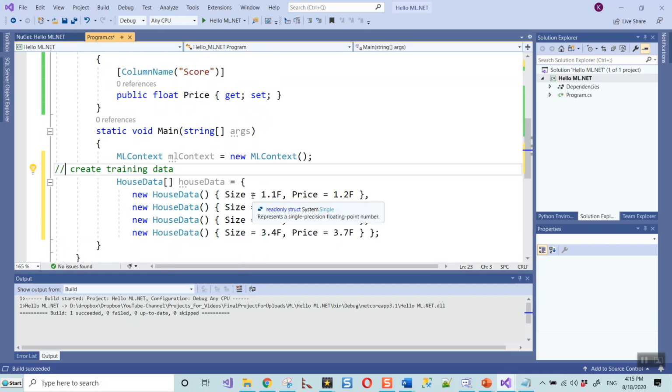Now this house size represents, for example, 1.1 or 1.9 times 1000 square feet, so the multiplier is 1000 square feet.